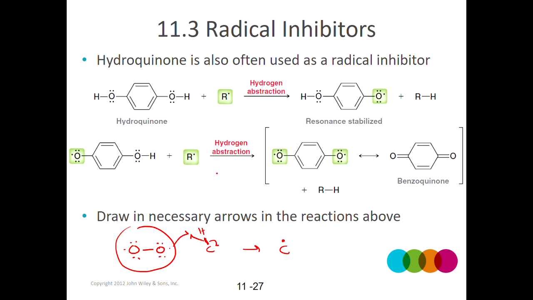So preservatives work this way. Hydroquinone is one of them. It's often added to chemicals to prevent them from reacting with oxygen, because when the chemicals react with oxygen to produce a free radical, a carbon free radical, which is represented by R here, this molecule has two hydrogens it can sacrifice